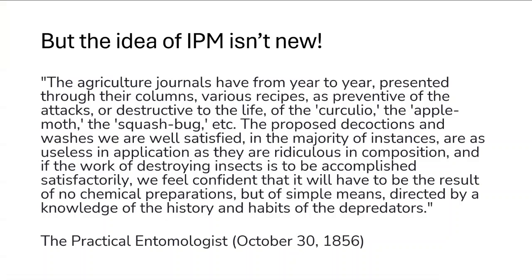Okay, so those dates that I gave were relatively recent, up to the 1970s being this period of change where we're saying, oh, IPM is really important, but the idea of integrated pest management isn't new. This is a really long quote, and you don't need to read it in its entirety, but I always find it so funny because it's from the Practical Entomologist, which is a publication that is quite old, as you can see from